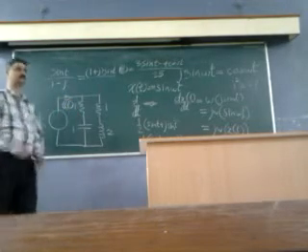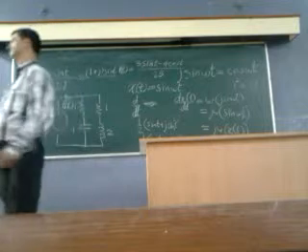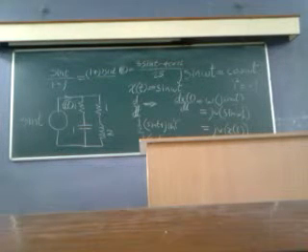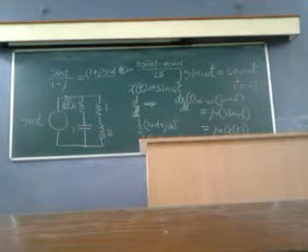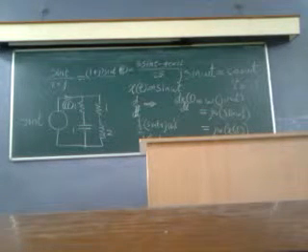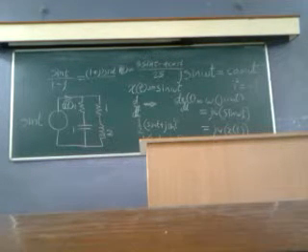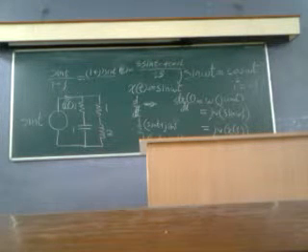Find IT. Find the current IT. 1 minus j parallel with 1 plus 2j. 1 minus j into 1 plus 2j divided by 1 minus j plus 1 plus 2j. The capacitor has a minus j, so minus 2j squared divided by 2 plus j, which gives 3 plus j divided by 2 plus j. Z, IT equal to